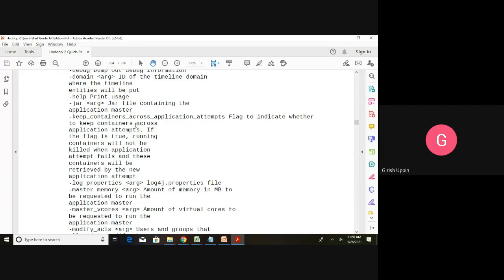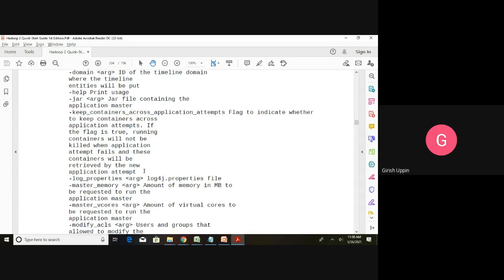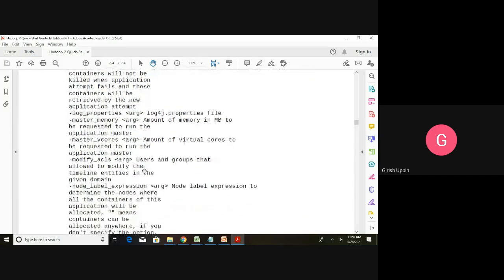So whenever containers are created, if we set this value as true, those containers will not be killed. The containers will persist, and they will be used by the other application. Then hyphen log_properties, that is for setting the log4j.properties file.